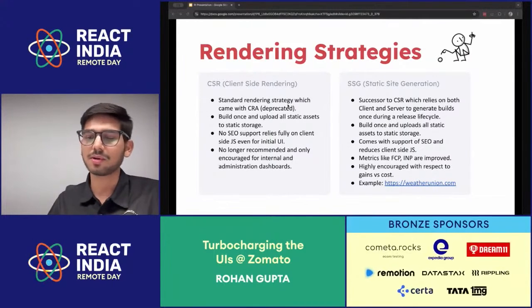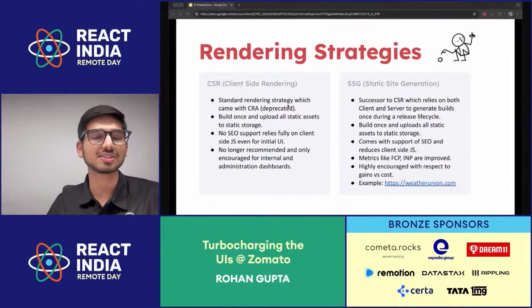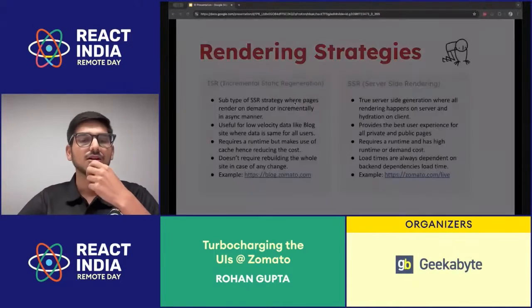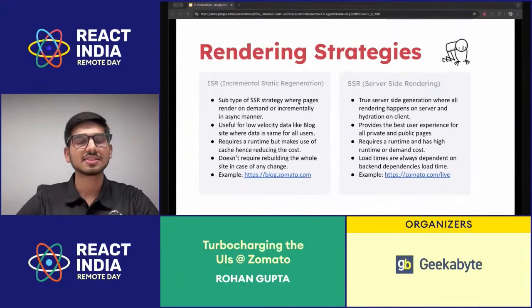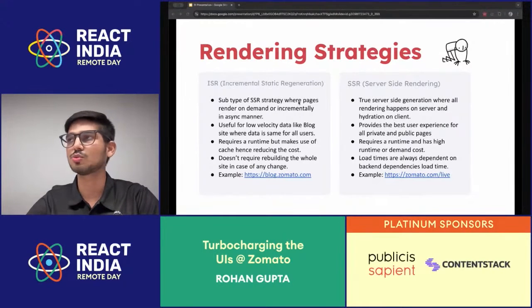Here, commonly used to generate web views, which we show in our app. And recently, our Weather Union app was built on the same strategy to render more than 700 static pages. Third one is ISR, that is incremental static regeneration, a subtype of SSR strategy where pages do render at the